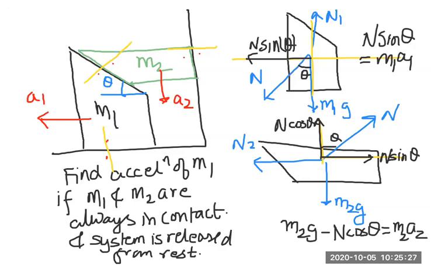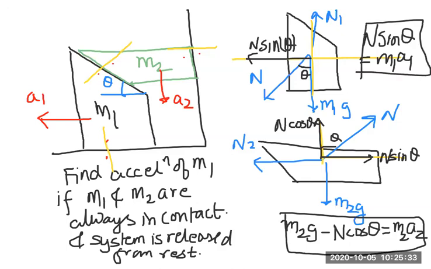So one equation I get this, other equation I get this. There are only two equations but three unknowns, a1, a2 and N. So draw a line like so, draw the acceleration of 1,